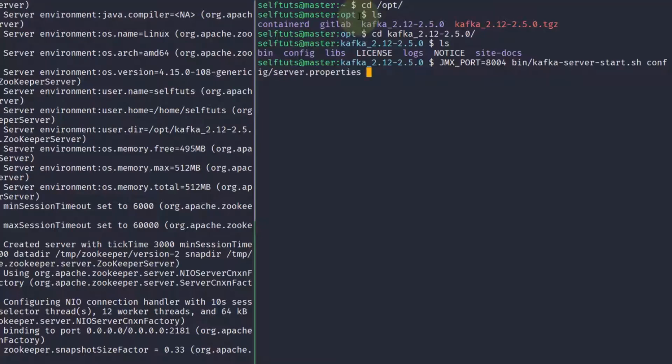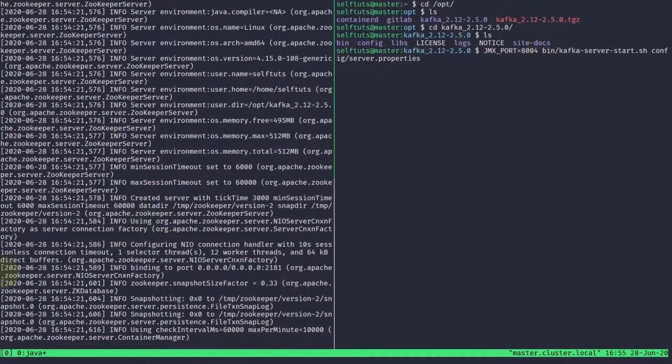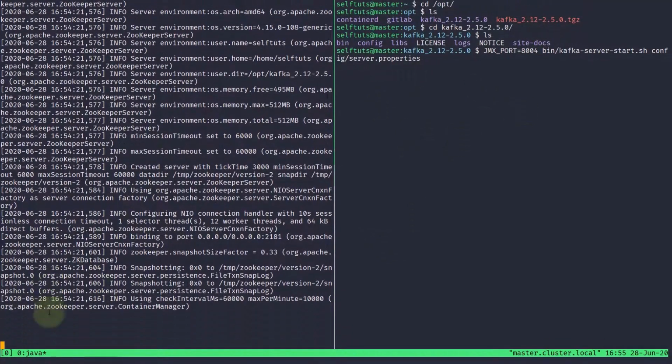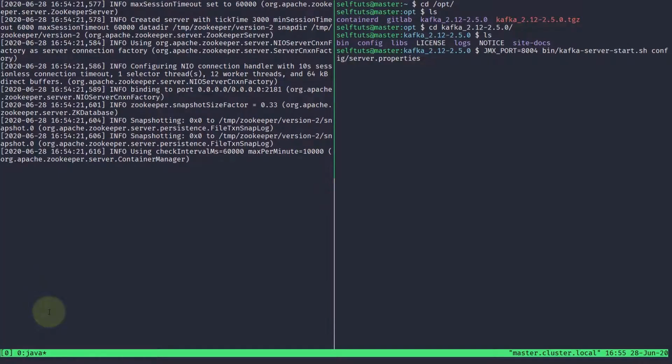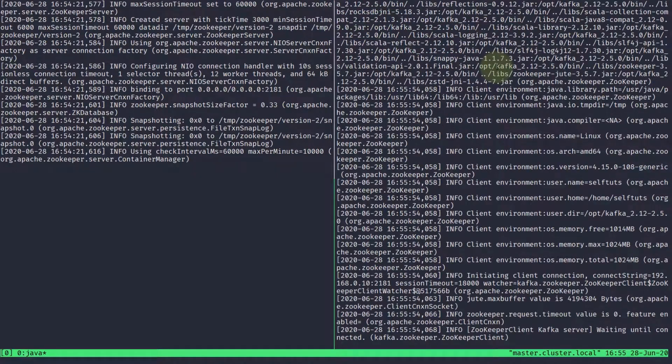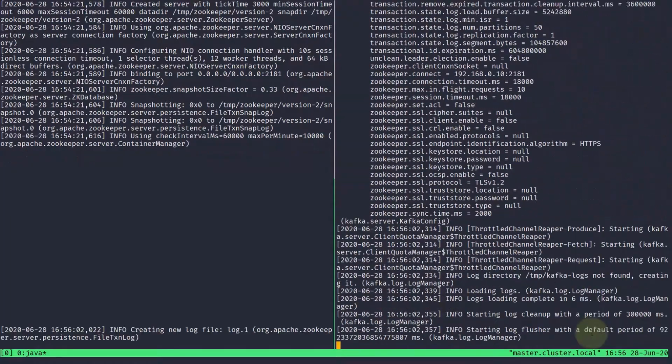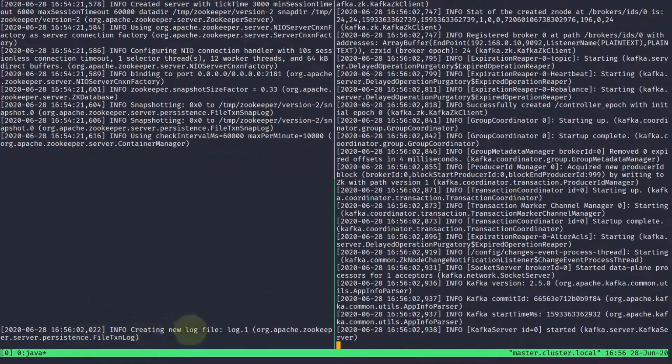The config file is config/server.properties. One thing you will see is that as soon as this server is started, there will be some log writes on the left-hand side showing that the connection has been made. So I'll come to the right-hand side again and hit enter. As the server starts, it says waiting until Zookeeper is connected. Okay, now you can see it creating a new log file, and Kafka server started and Zookeeper connected successfully.